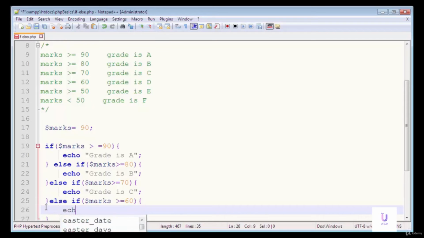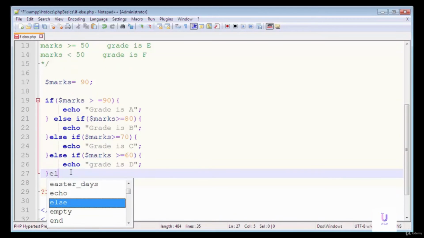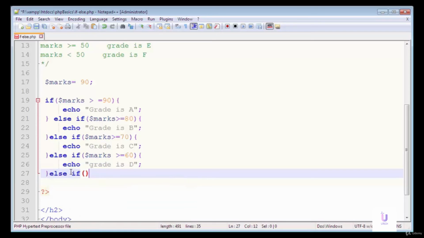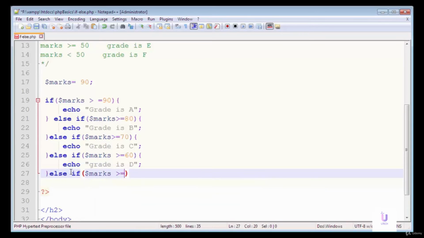So I'm going to write here in the echo statement that grade is C, D. Similarly here will be two more conditions that will fulfill the grade E and grade F. So here will be another else and if statement, else if marks greater than equals to 60, so 60 condition is fulfilled.